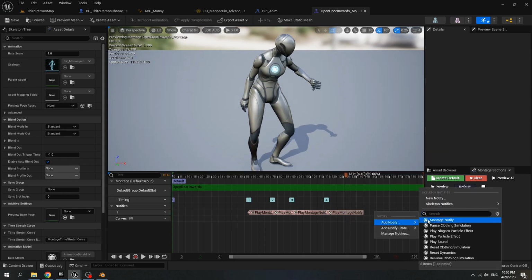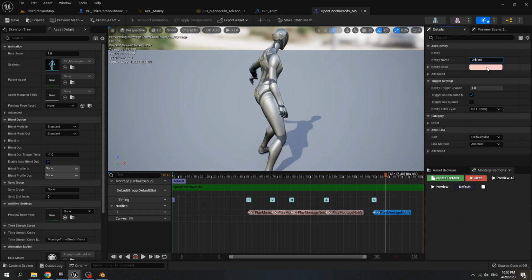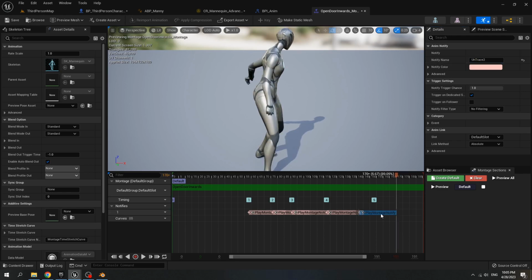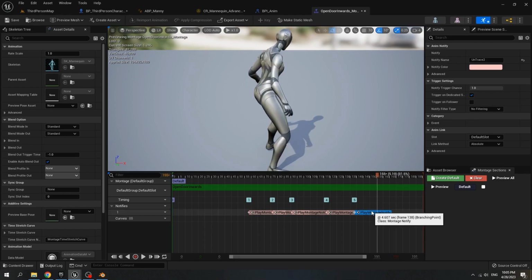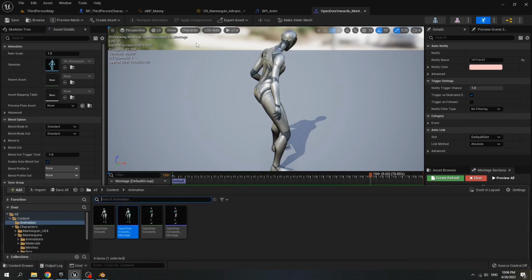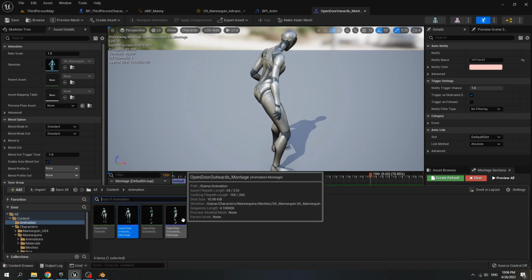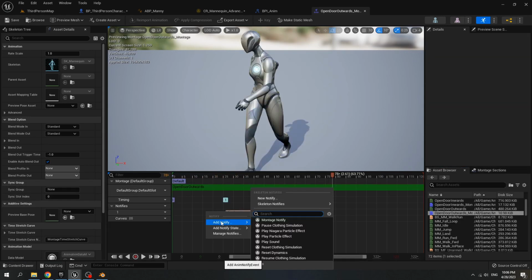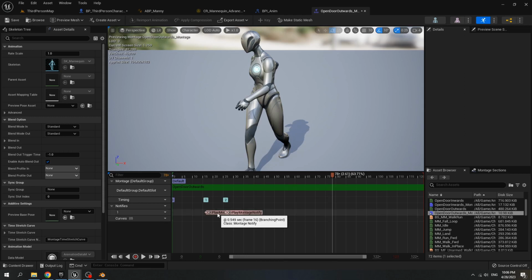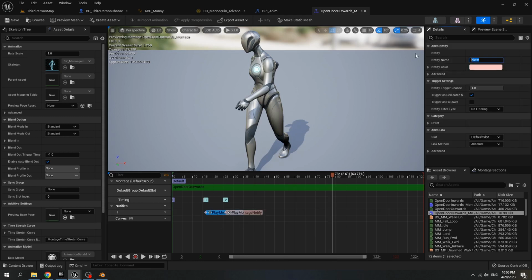Add notify, montage notify, and notify name is end trace 2. This one is releasing the IK. The frame is 136, and save.